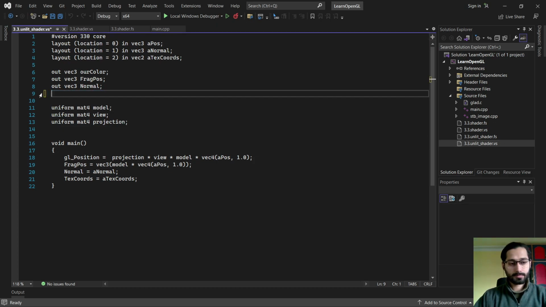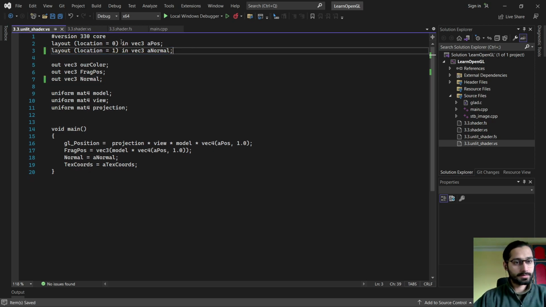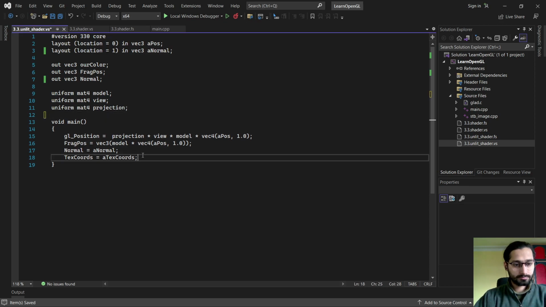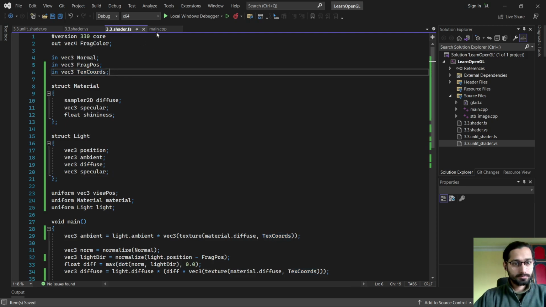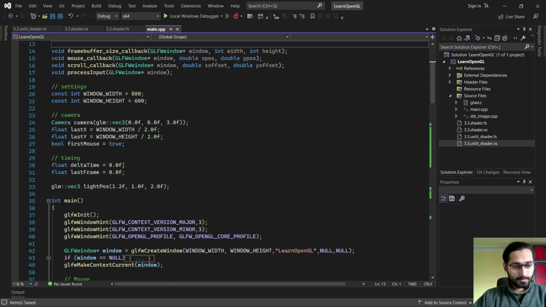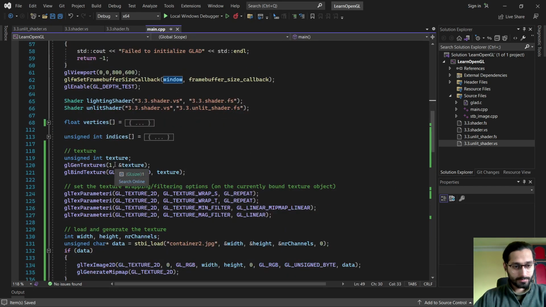Okay, it's not gonna have this stuff. And then just as we created a separate fragment shader for our light,